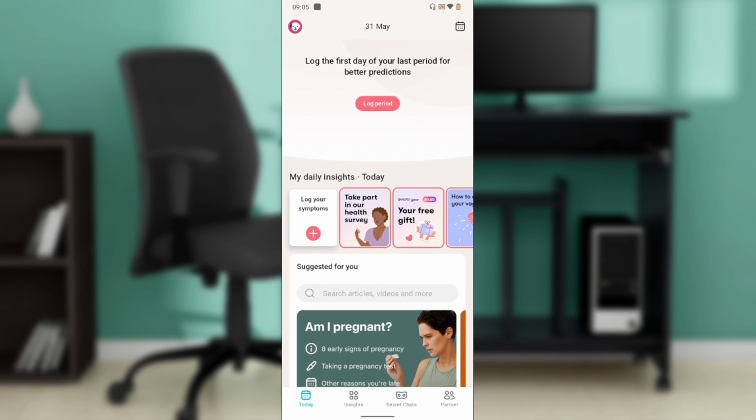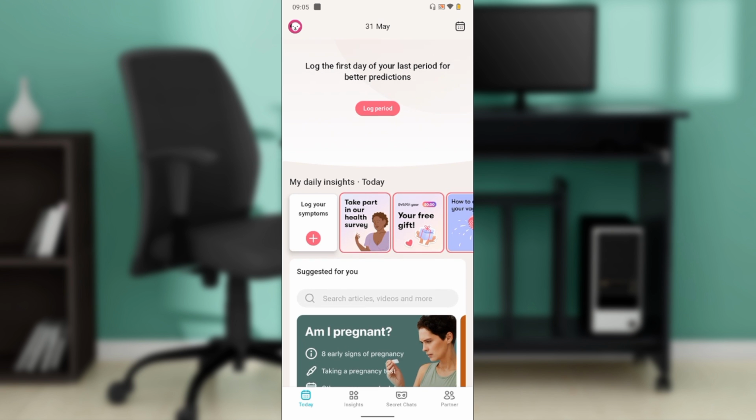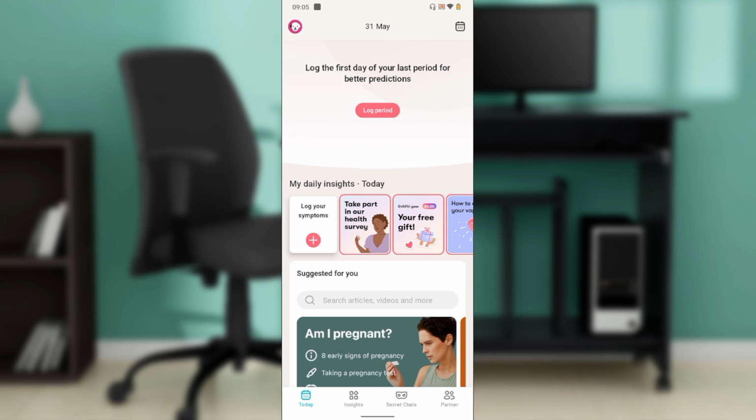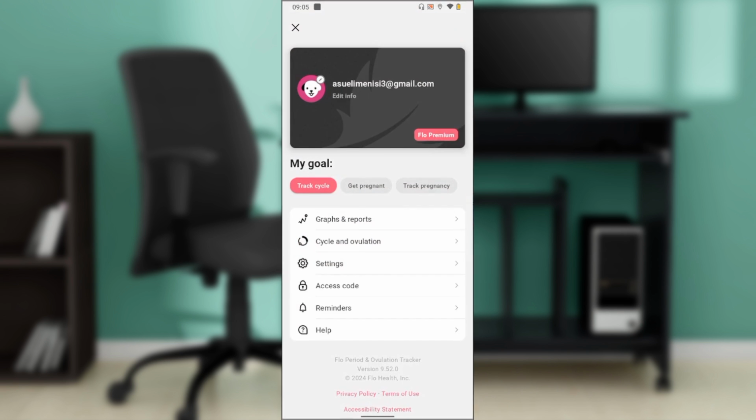So now that we're here, let's quickly hop into today's task, and that is how to log sleep on Flo app. So from this homepage, I'd like you to head over to the top left corner of your screen where you have your avatar icon. So go ahead and click on your avatar icon,